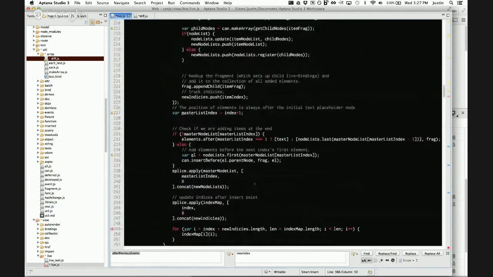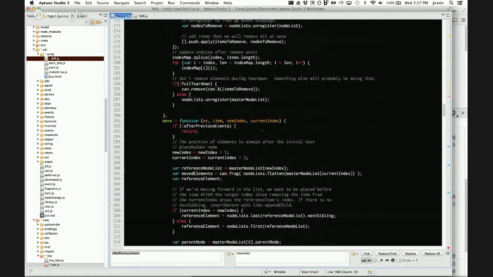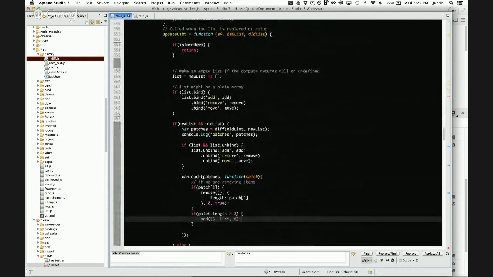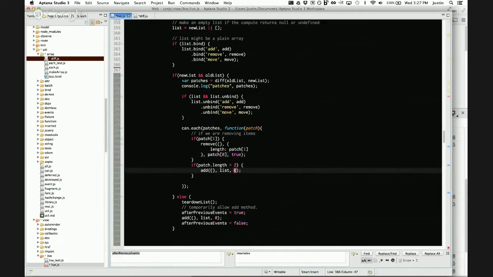Oh, no, wrong thing. How does remove know where to start removing? I passed the index, didn't I? Maybe I forgot to. Oh, here. Thank you. So here, we're going to add items, and then we're going to pass the number of